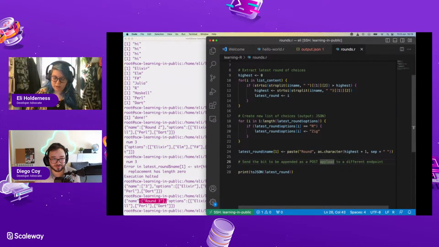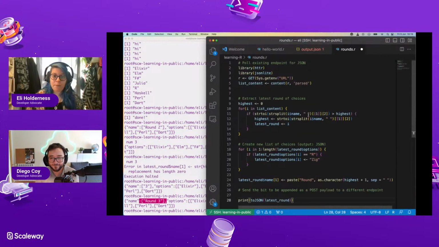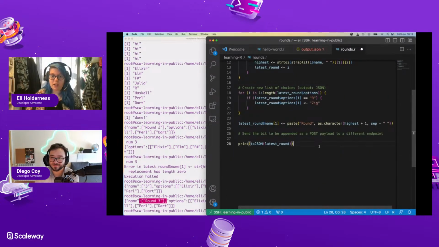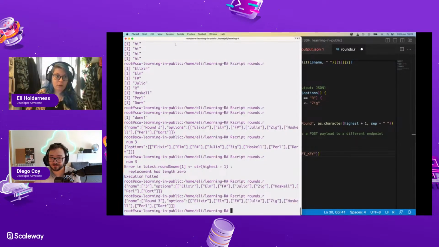Can't type payload, apparently. It's only a comment, doesn't matter. Right, so you have some JSON. I want to send it to a payload, as a payload. So if you give me the next URL that I need to post this to, I can get my super secret key. So you just need to send a post request to /API/rounds. Ah, and that appends that bit of thing to it, does it? Yeah.